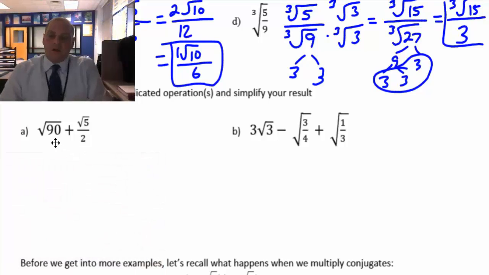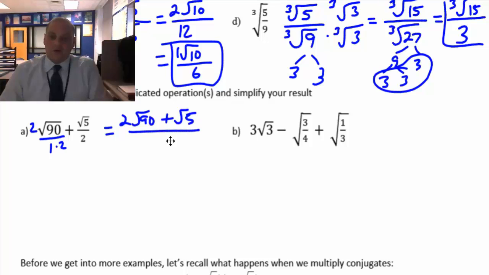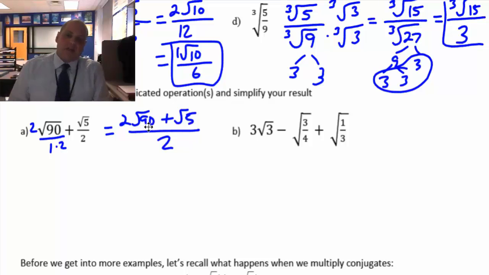All right, so here we have fractions we're adding. We want to add them, but we need a common denominator, so we're going to go times 2 and then times 2. So this is going to give us 2 radical 90 plus radical 5 over 2. And radical 90 can be simplified. I can do 9 times 10,